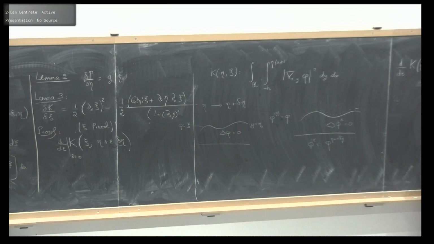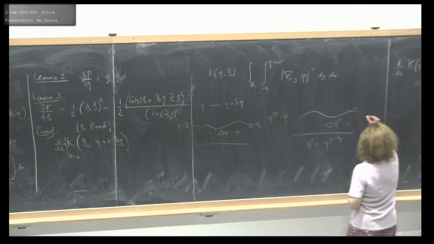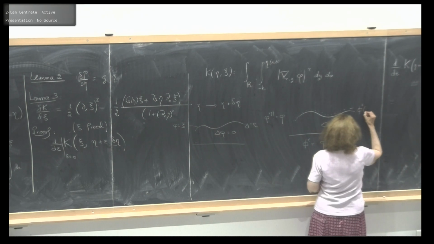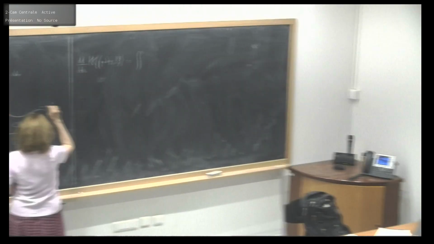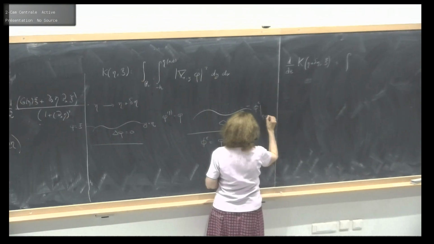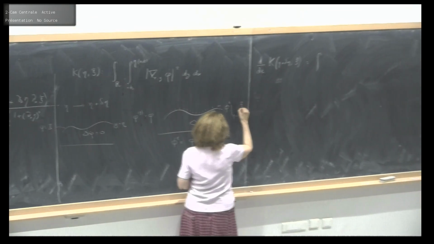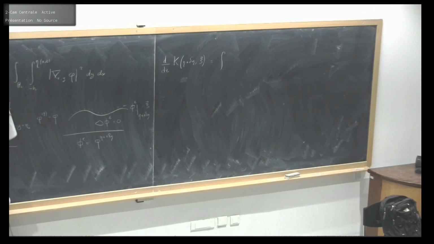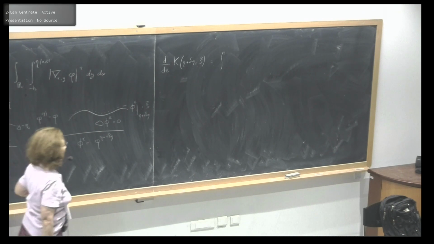eta plus delta eta. So xi, for phi epsilon, is xi now going to be the boundary value at the new surface? Yes, exactly. You are absolutely right. Phi epsilon restricted to eta plus epsilon delta eta is xi. That will be important. Thank you. Because we differentiate with respect to one variable with the other one.